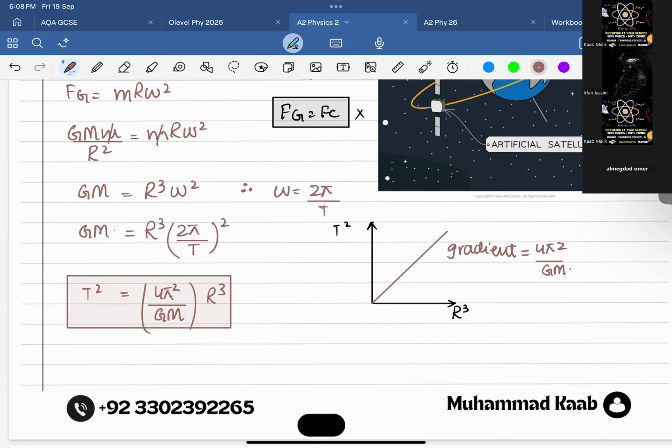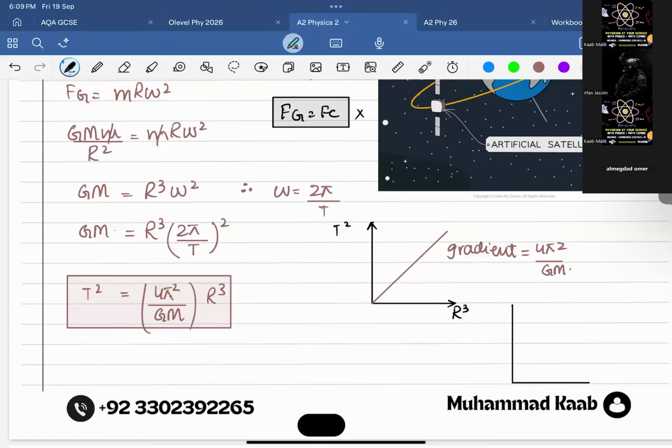So if they ask you to find the mass of the Earth or the mass of the planet, and they've given you this graph, you can find the gradient and then manipulate for M and solve. And if they reverse the axes,